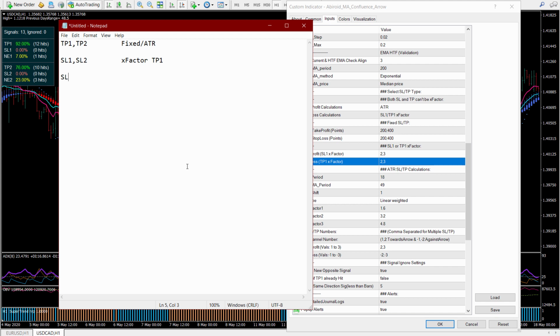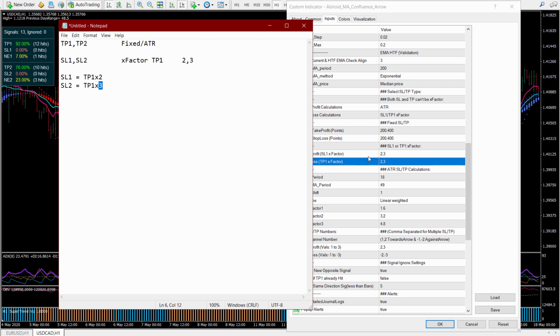In that case, stop loss 1 will be TP1 into 2. Right here, if you define this as 2 and 3, then stop loss 1 will be TP1 into 2 and stop loss 2 will be TP1 into 3. So for both the cases, take profit 1 will be used, and you can specify the multiplier.